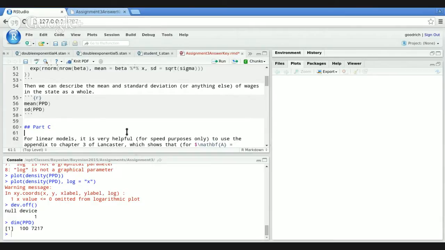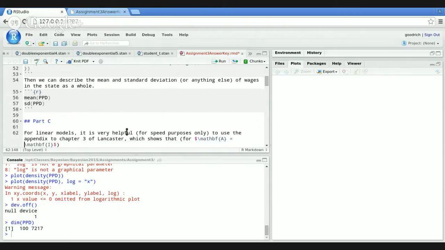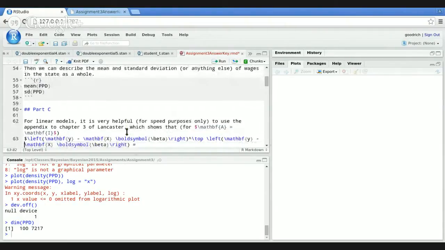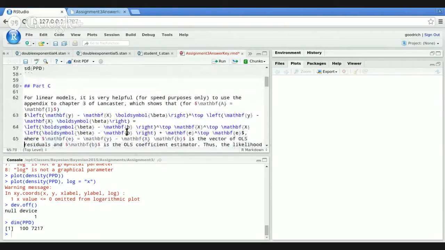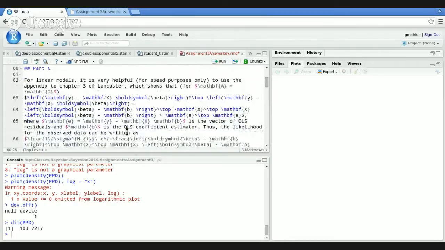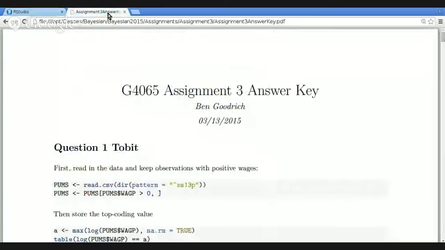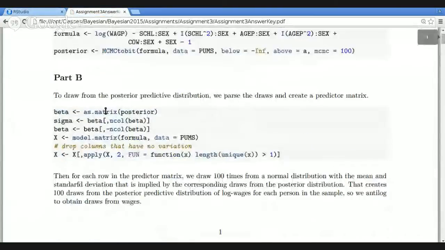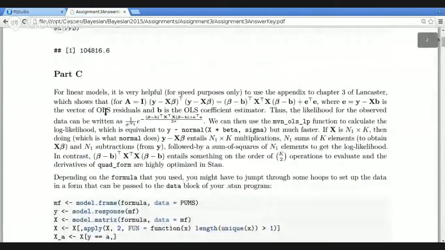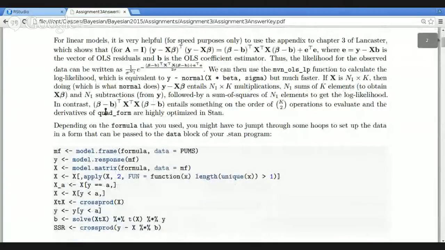Ready? So part C, we wanted to do the same model, but using Stan. And in that case, it's easier to see if I switch over to compiled. We had that theorem from chapter 3 of Lancaster that said